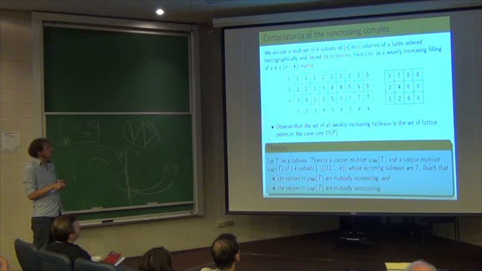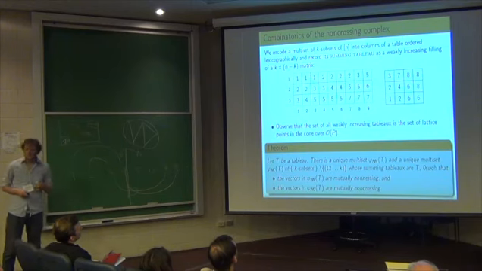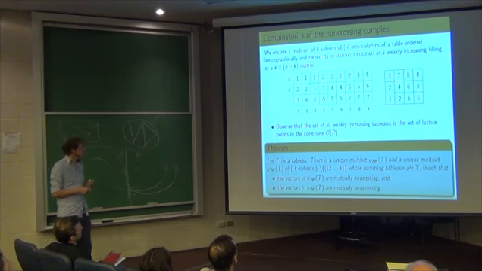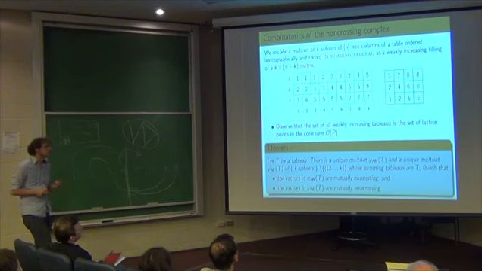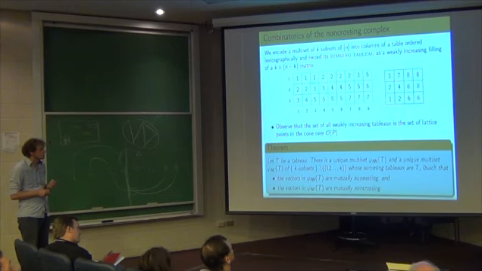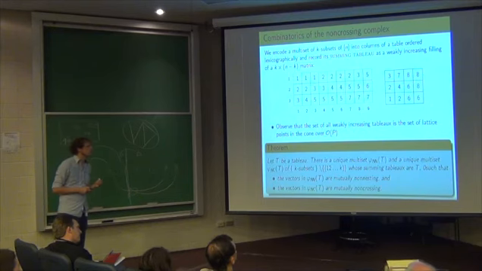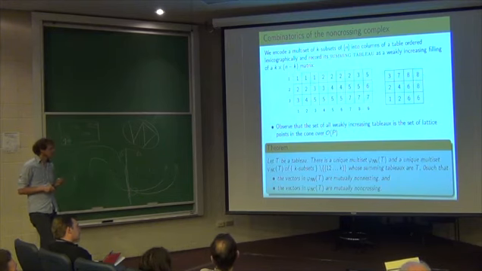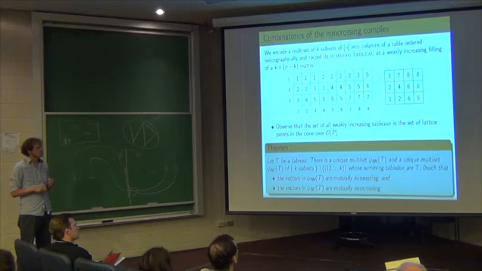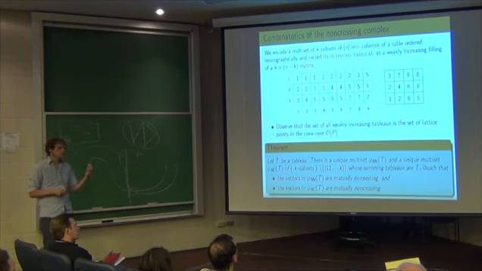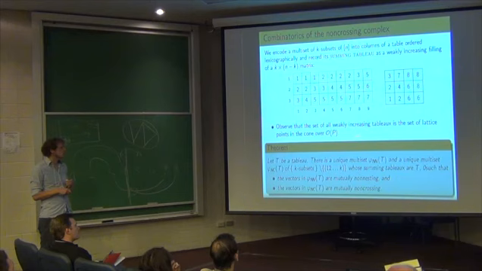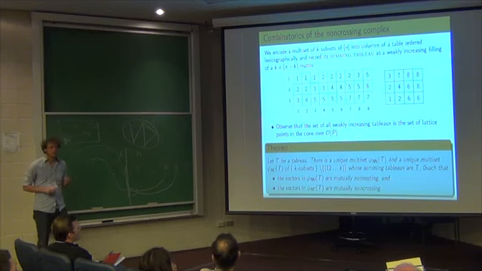The same here. This 2 is the number of 2s, the 4 is the 2s and the 3s, the 6 is 2s, 3s, and 4s, and so on. And one observation is that what we see on the right is a weakly increasing tableau, again starting from the bottom left. And it's weakly increasing in both directions. And these tableaux are exactly encoding the lattice points in the cone over the order polytope.